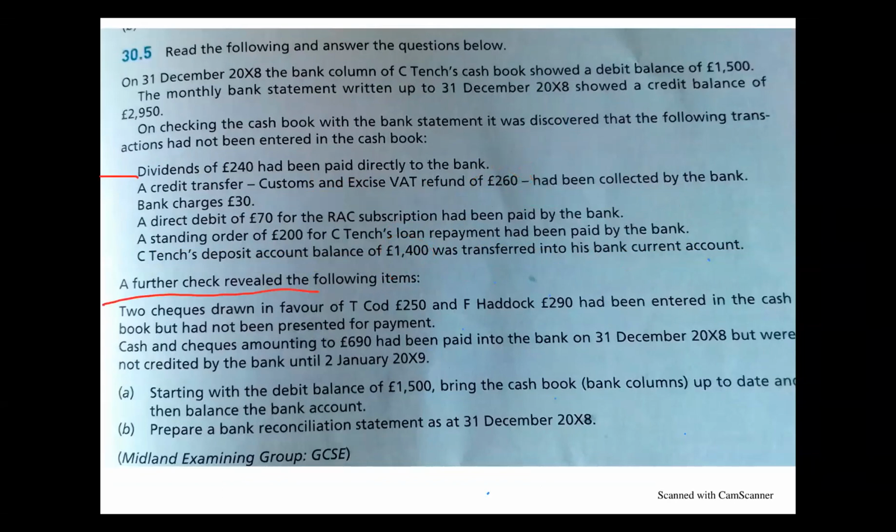And again, further, two checks drawn in favor of T Code and this guy, Haddock, had been entered in the cash book but had not been presented for payment. What do you call these checks? Unpresented checks. These are unpresented checks. So you have seen your